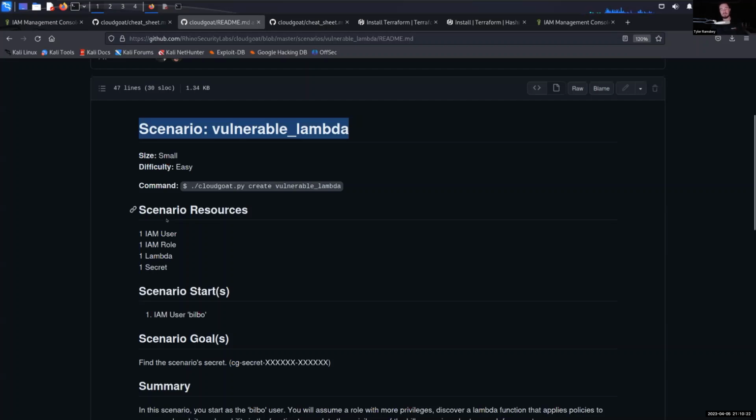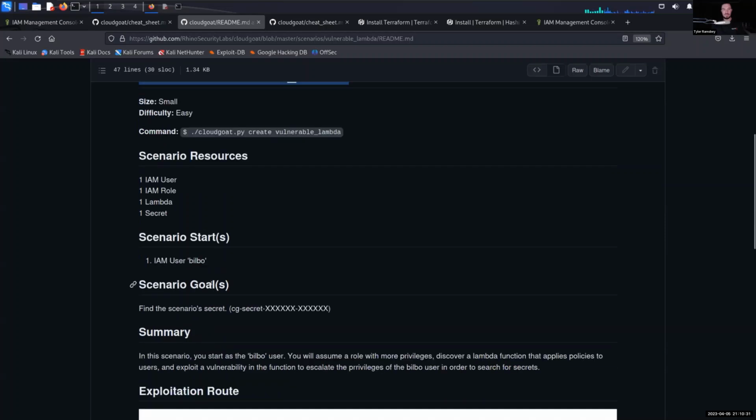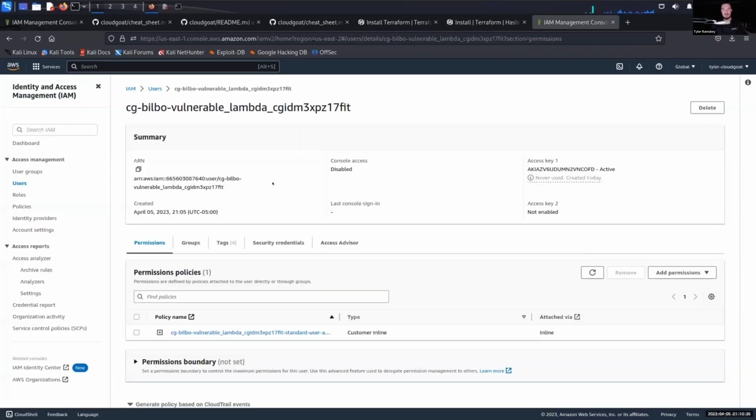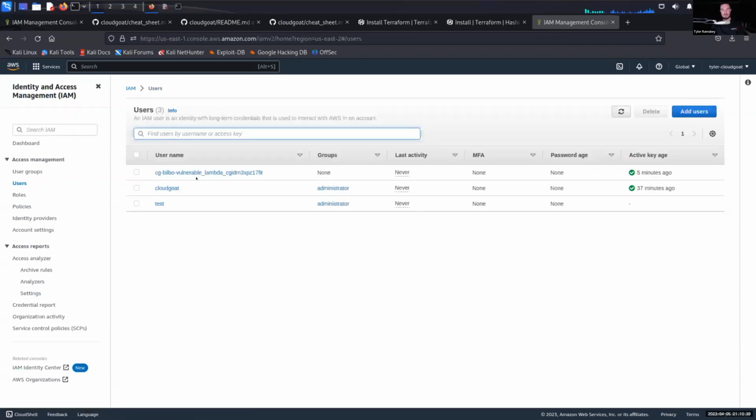If you use the AWS profile you set up initially, which is CloudGoat, where you already have full admin rights, like you don't have to elevate your privileges, you are the admin. Whereas we created this user Bilbo. So the CloudGoat scenario created this user in your AWS account. If I go back to users here, and so we're starting as a low privileged user, and we have to